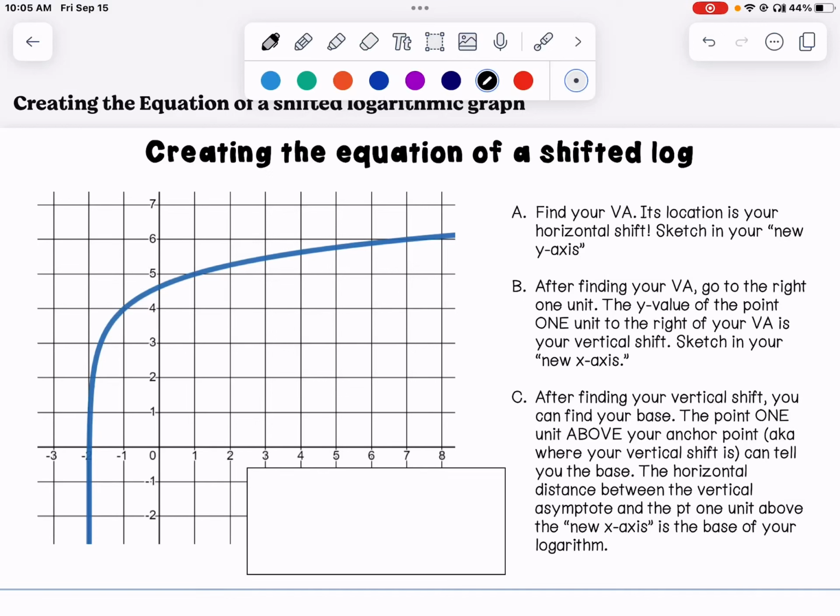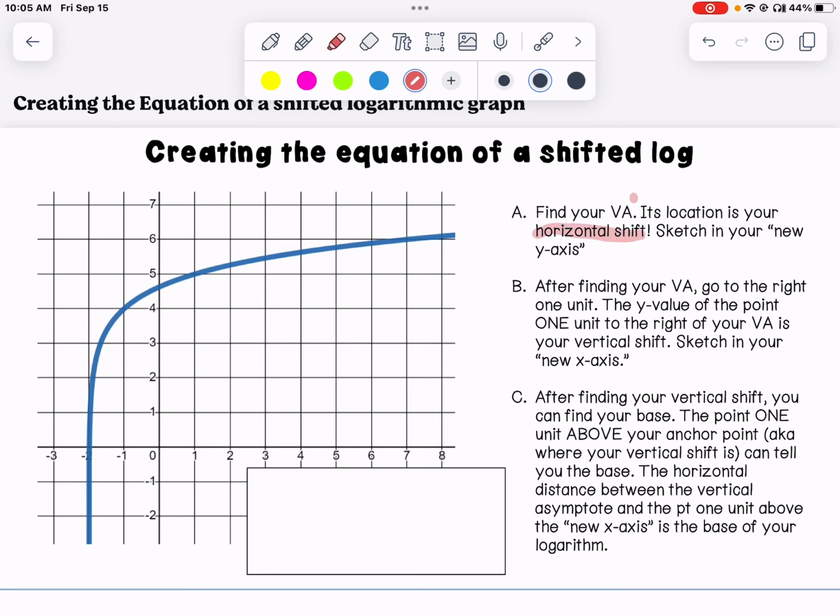Okay, so for this video, I'm going to show you guys how you can create the equation of a logarithm that we know has been shifted. So this has no dilations or stretches or compressions, just one that has been shifted. So the first thing we're always going to want to do is find that horizontal shift,